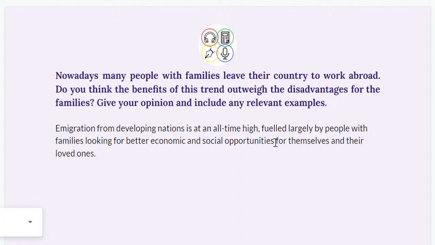Okay. Do I think it's beneficial? Well, yeah, I obviously think it's beneficial. Do the benefits outweigh the disadvantages? Okay. Although it may seem a risky choice, such a move,